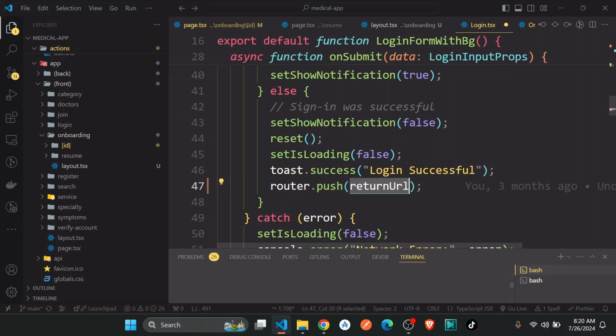I'm just going to say if the returnURL is equal to slash onboarding, okay, if it is equal to slash onboarding,